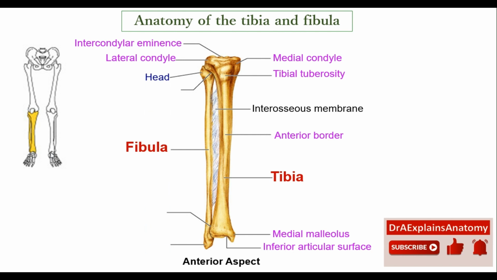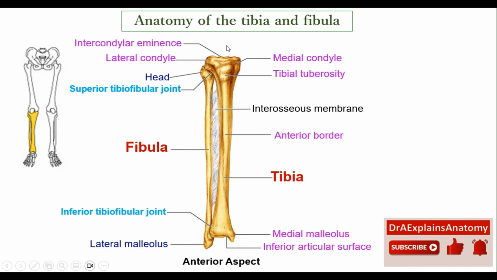Moving to the structures on the fibula, we have the head of the fibula. This is the lateral malleolus. So the medial malleolus is on the tibia, whereas the lateral malleolus is on the fibula. This is the superior tibiofibular joint. Superior, why? Because it is closer to the point of attachment. That's where we have the knee right here. Whereas this is the inferior tibiofibular joint, inferiorly toward the ankle.